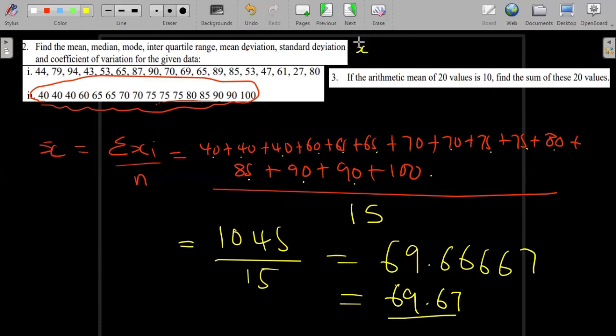So I'm going to write it there. So the mean is 69.67. Okay, so that's how we find the mean. And then how do we find